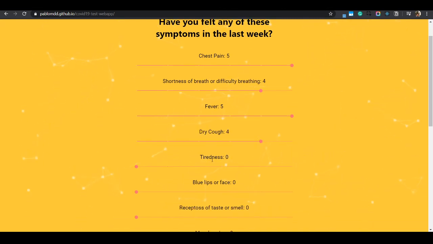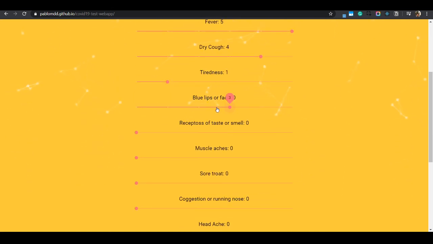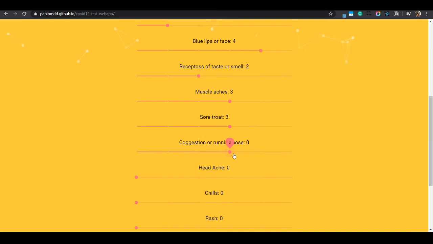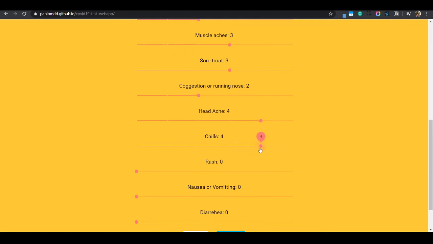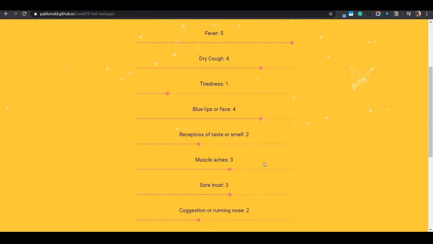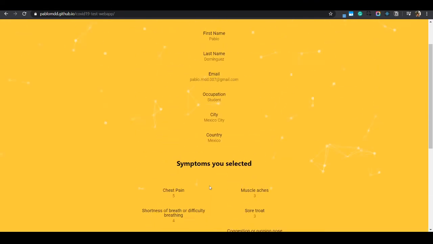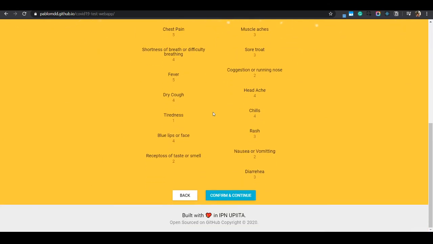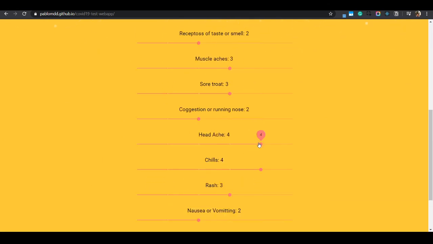a lot of dry cough, a bit of tiredness, blue lips, loss of smell, muscle ache, sore throat, a bit of nose congestion, headache, chills, a bit of rash, nausea, vomiting, and diarrhea. And this is computed. Well, first we go to the confirmation window, in which we can see the information that was entered by the user. So at the same time we can go back and change some symptoms,